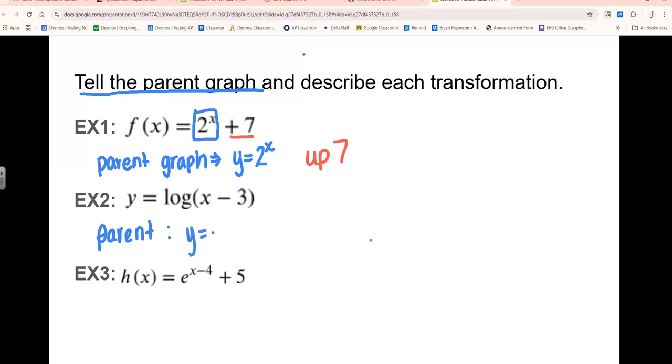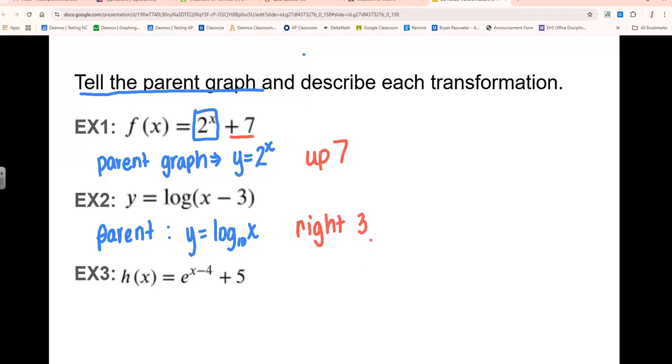is log with a base of 10. You want to put the x with it too, or else it won't graph anything because it has to have an x with it. But yes, that's good. You don't have to write the 10 if you don't want to, but it's good that you're recognizing that it is base 10. So that looks good. Then what happens to it, Hector? It goes to the right